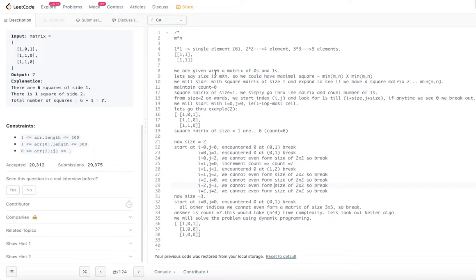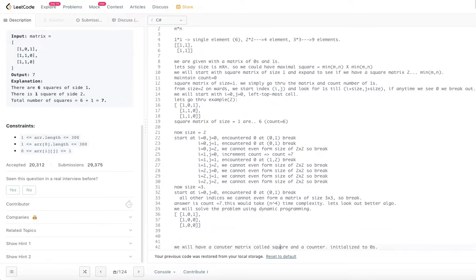in a brute force way, as we call it. This would take a time complexity of order n power 4. So we have to look for a better algorithm. In that case, the dynamic programming algorithm comes into play. We will employ the dynamic programming approach and solve in much less time than order n power 4.